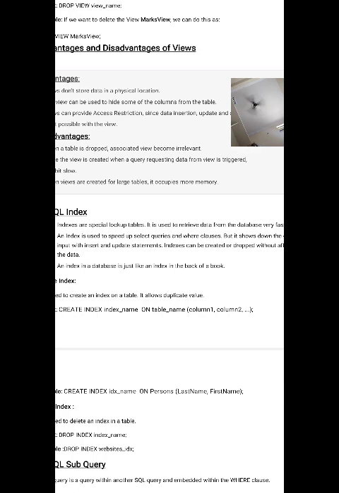In a table, suppose you are creating an index. On the table you have some attributes, meaning columns, and you choose the column on which you want to create that index. If you want to create it on more than one column or on one column, you have to specify that while creating the index.